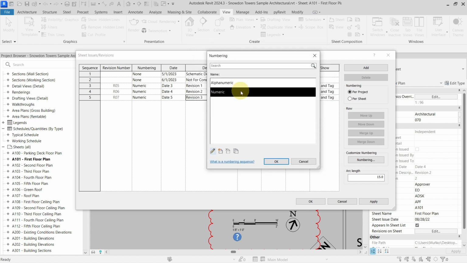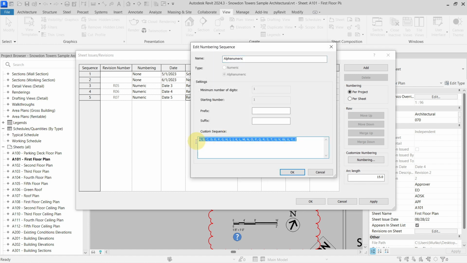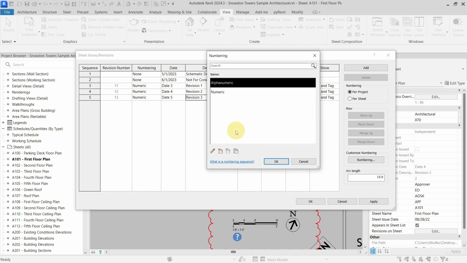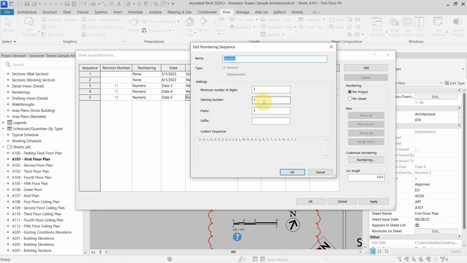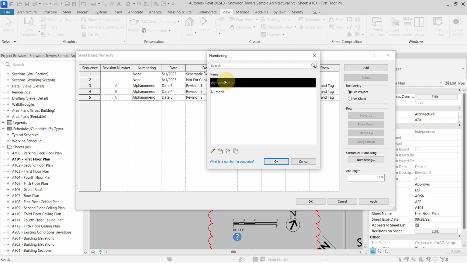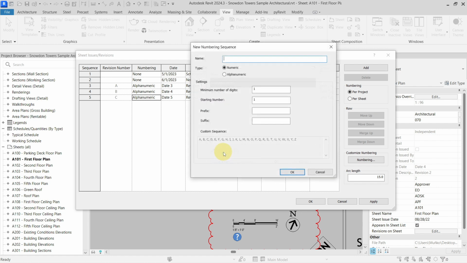1, 2, 3. And now with alphanumeric, you can actually create a custom sequence. So you can see this A, B, C, D, and you can also add prefix, suffix, and so on. If I will go with my alphanumeric systems, okay, I have made a mess in here. It should be empty. I can change this to be alphanumeric, and now you can see this going with ABC. So you can actually create custom numbering systems,